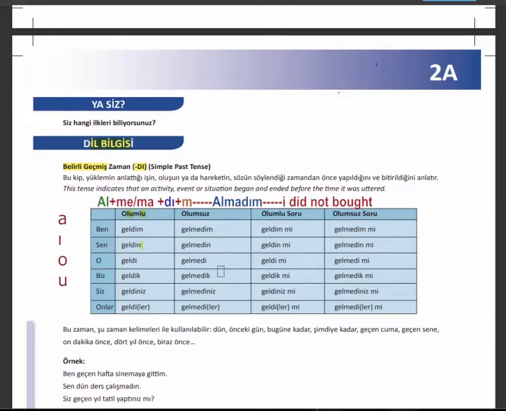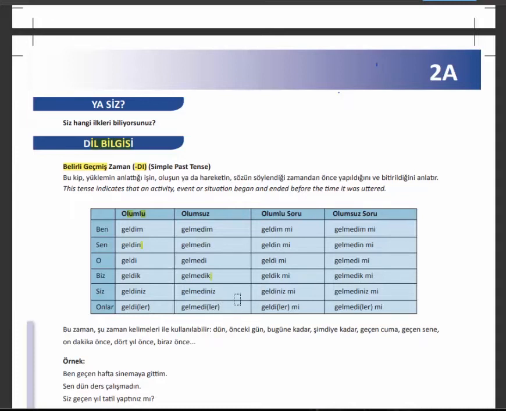For example, almadım, I didn't buy. Gelmedim, I didn't come. Gelmedin, you didn't come. Gelmedi, he, she, it didn't come. Gelmedik, we didn't come. Gelmediniz, you plural didn't come. Gelmediler,